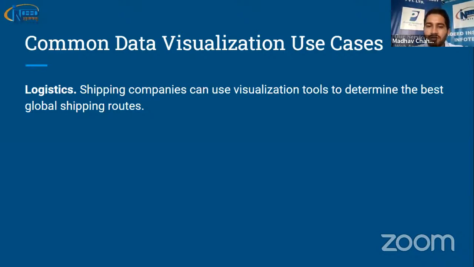Now logistics. Let's take the example of a logistics company like Flipkart, which also handles some logistics. How many trucks are sent to a particular location, what is the trend, what is a particular product's consumer acceptance, how many orders are getting returned or cancelled for a particular product. This way we can analyze those patterns and choose the shipping routes to cater to consumers faster. And if we need to increase the logistics, we can do so in advance to meet customer needs on time without any delayed deliveries.